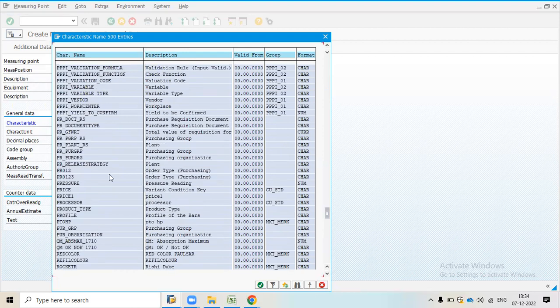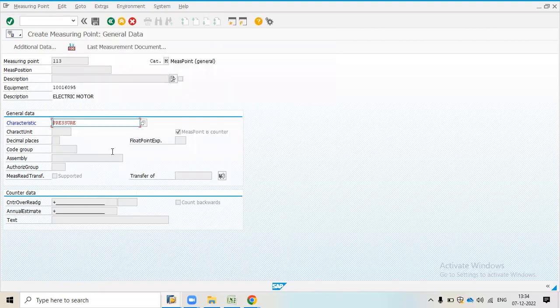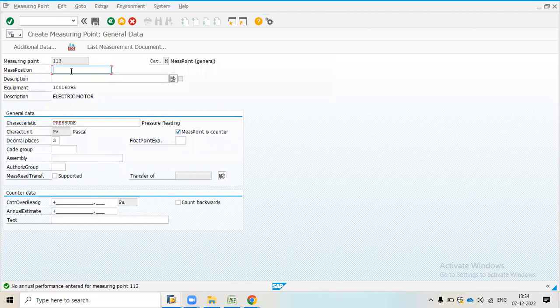Suppose we are going to consider pressure reading. Okay, so I will take pressure, measurement position I will take as a pressure reading, pressure diffusion pressure reading. Okay, pressure. Okay, so for the electric motor we are going to measure tank pressure.